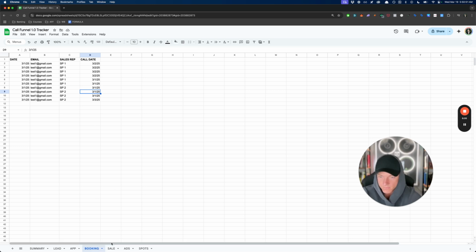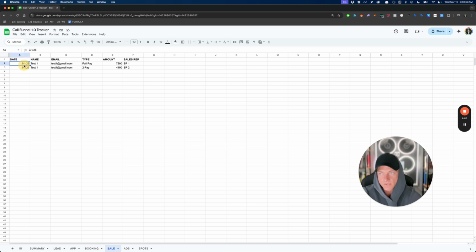So booking, sale. For a sale, you want the day of the purchase. I do name and email on these because sometimes I want more information on this. The type of purchase they did. Any data you put in here is going to allow you to query by it. So if you want to know how many full pays, your AOV on these versus your AOV across the whole thing, the count of different types, you can only do that if you have the data in here. So full pays, 2 pays, and then the amount that they paid,